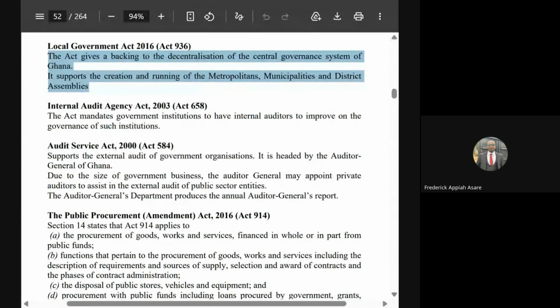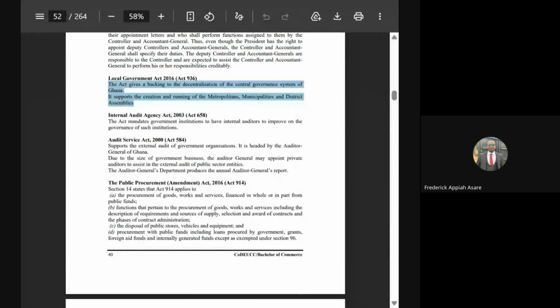So you realize that when you were listing the various regulatory frameworks, that is the laws that govern this, we made mention of the Local Government Act 2016, Act 936, and this is what the act does. It just establishes the rules of the municipalities, the metropolitans, as well as the district assemblies. When it comes to the internal